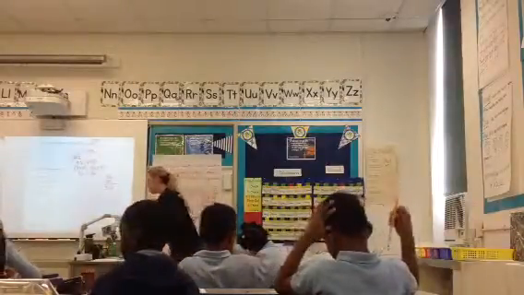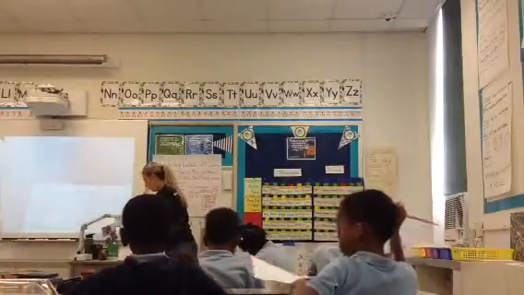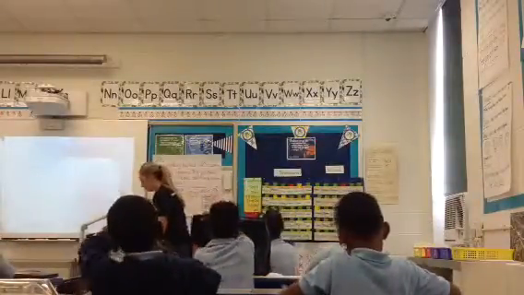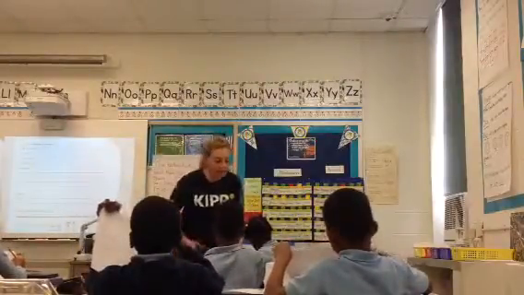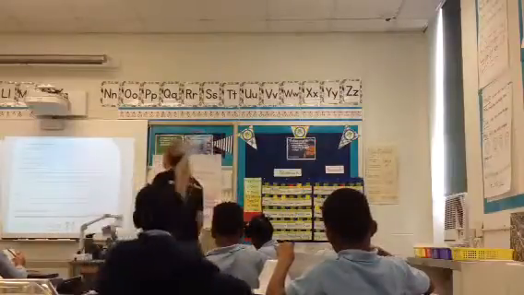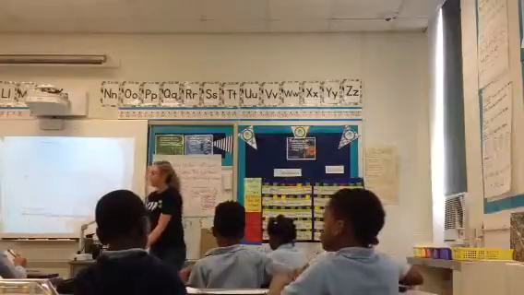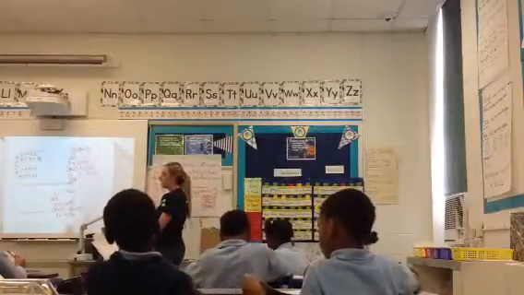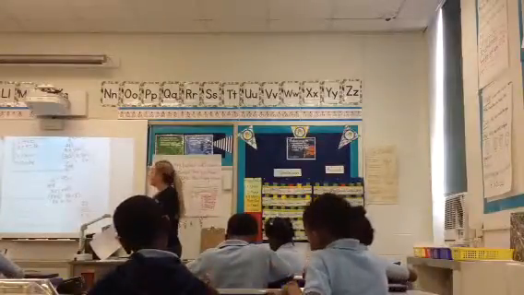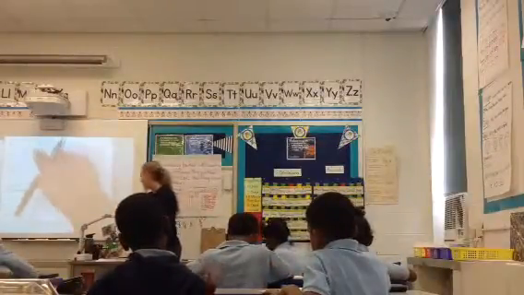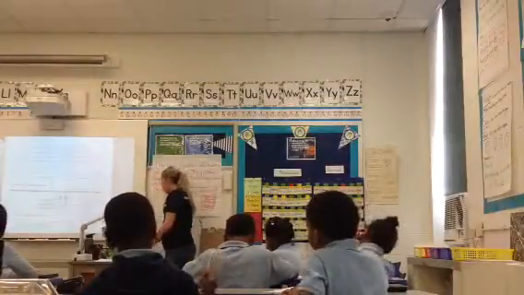Okay. Let's go ahead and flip to the stop and jot. I'm going to ask some questions around the stop and jot that has to do with the one we just did, okay? So thinking about 7 times 8 and thinking about what we broke apart, you're going to be answering questions around that, okay? The first question today for the stop and jot is,